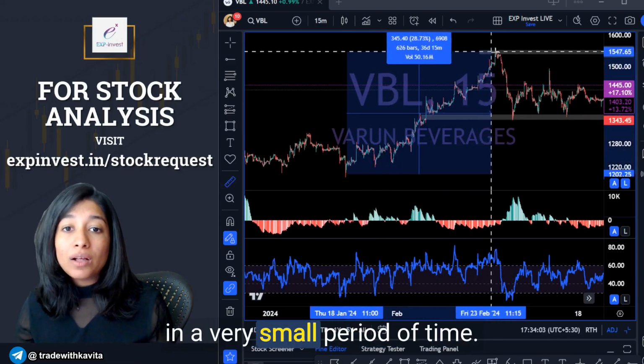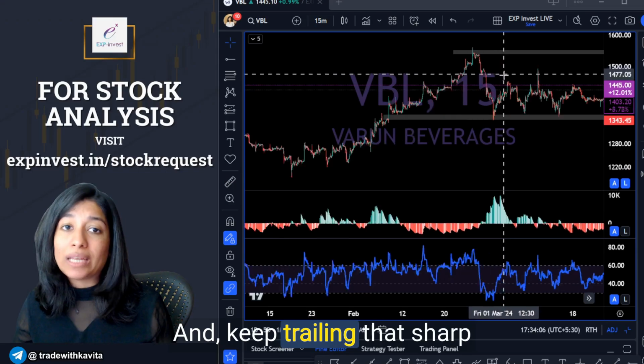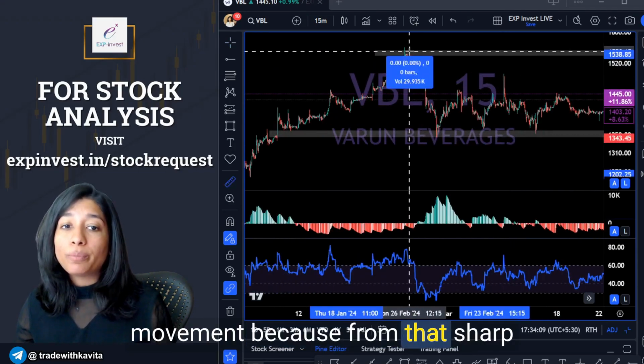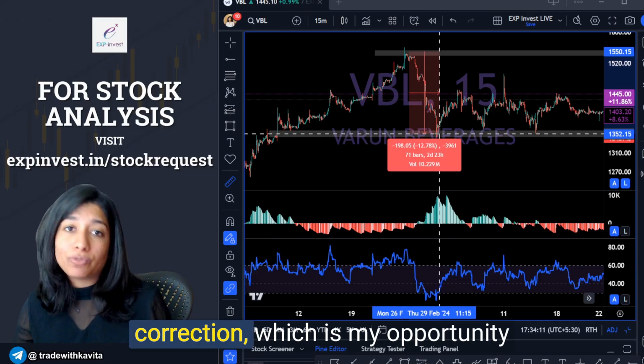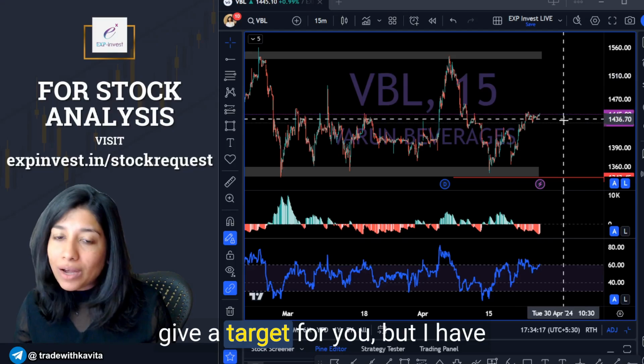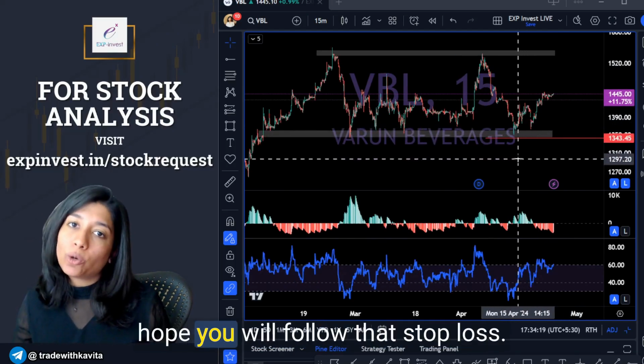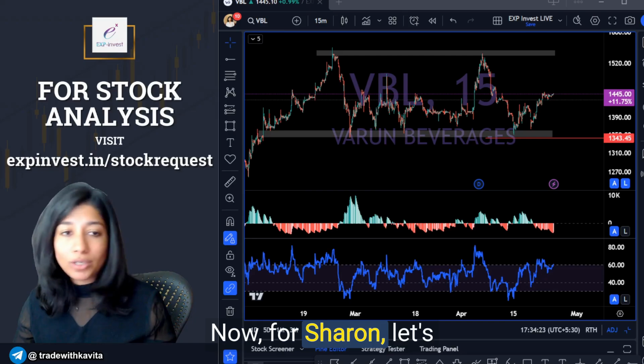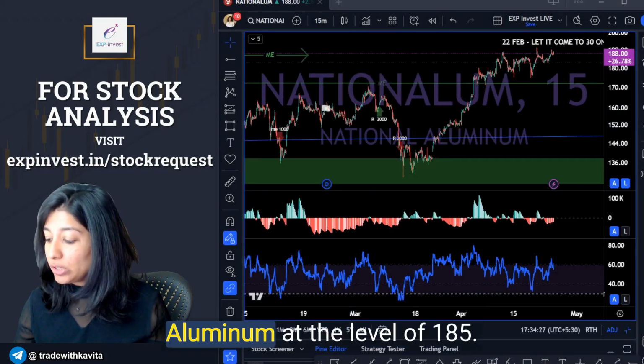movement in a very small period of time and keep trailing that sharp movement, because from that sharp movement comes a little bit of correction, which is my opportunity to re-enter the stock. So hard to give a target for you, but I have mentioned the stop loss and I hope you will follow that stop loss. Now for Sharan, let's take a look at National Aluminum at the level of